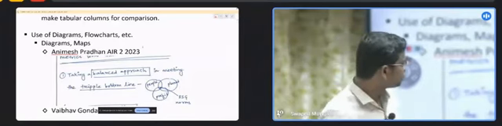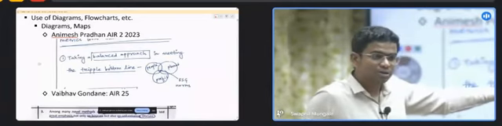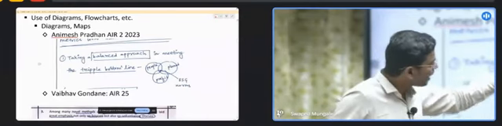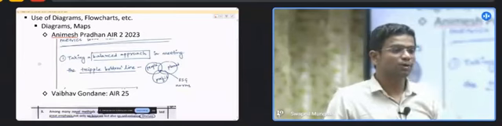Okay? What you have to do is that wherever it is good, for example, now Animesh Pradhan's example again, he was writing a question on corporate governance. Okay? So taking a balanced approach in meeting triple bottom line. So he wanted to explain what is triple bottom line. So instead of writing an explanation, a triple bottom line is balancing between people, planet and profit. These 3 P's we have to balance.